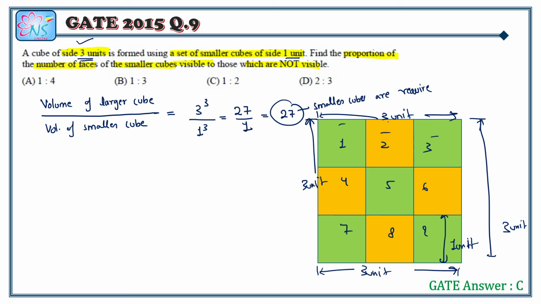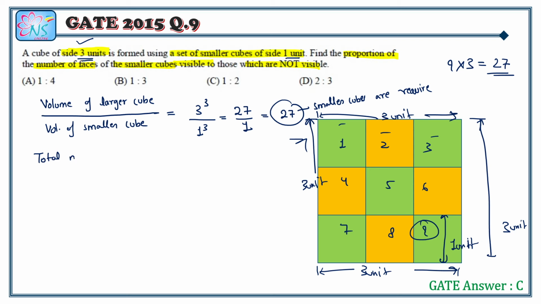Then because a cube is a 3D shape and all sides are of 3 units, that means there will be 2 more layers like this behind this first layer. So if in the first face there are 9 cubes, then in total 3 layers will be 9 times 3, which is 27. Now after getting how many smaller cubes there are, the next thing that we have to find is the total number of faces.